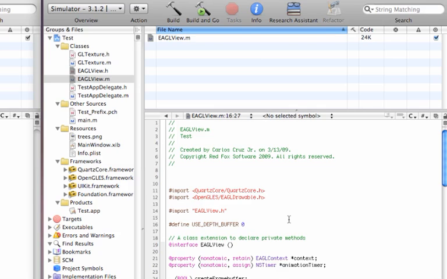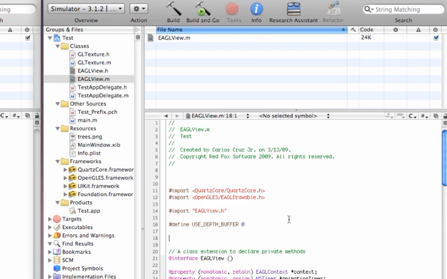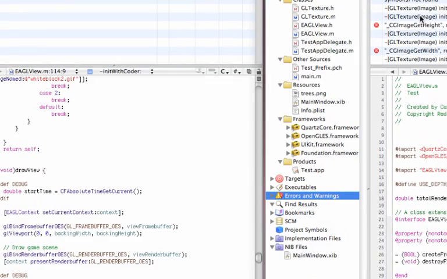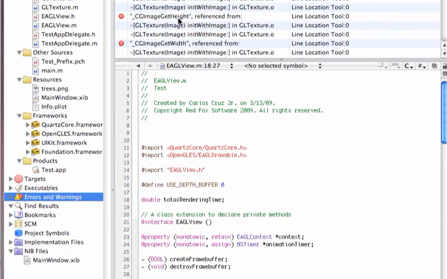Below the define use depth buffer 0, we're going to create it. Double total rendering time. And there you go. Okay, we have compiled the file and it says